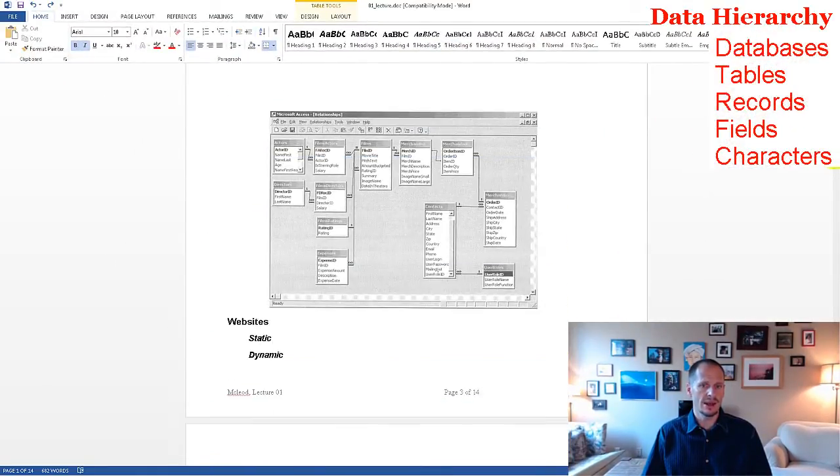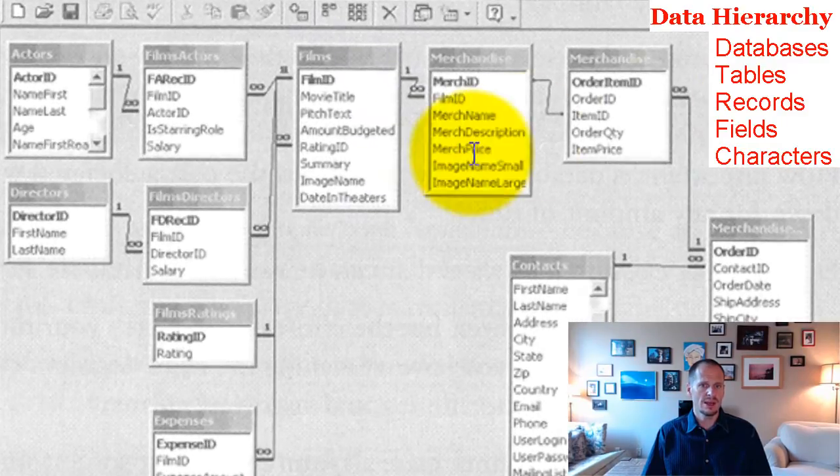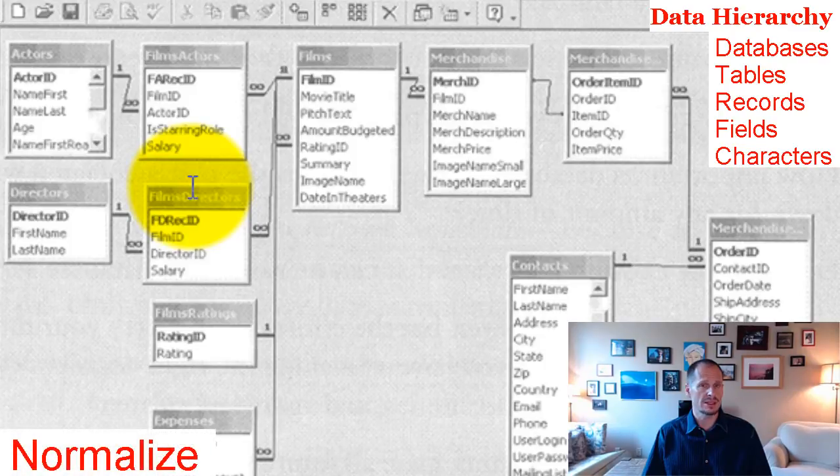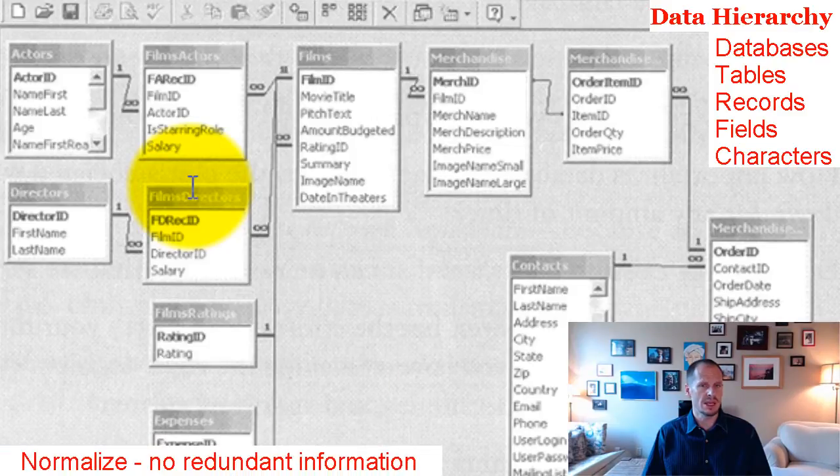Lastly, when you start creating your databases, when you create more tables, your relationships might start to look like this. And so this is just food for thought about how you could create a more complex video rental movie store database. And we have actors in their own table here, and we have films, and we have all kinds of different tables where these things are connected in various ways so that we could normalize our database. That's called data normalization, where we want to make sure that there's no redundant information in our database because redundancy